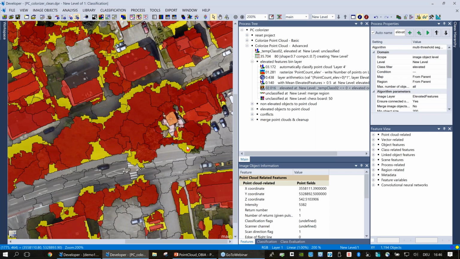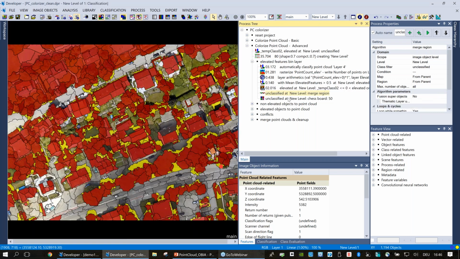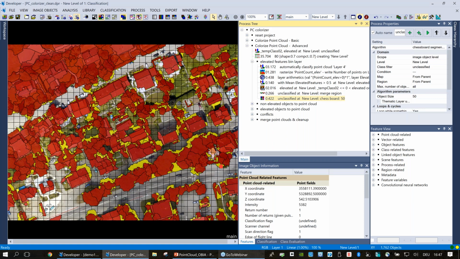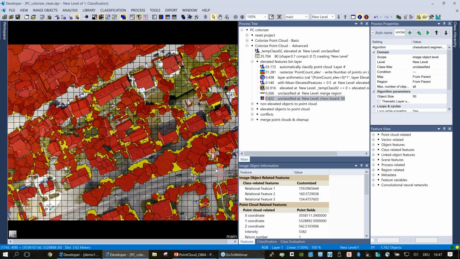our temporary point cloud. Finally, I'm going to just merge our unclassified area. That's essentially just the ground. And next, I'm going to apply a chessboard segmentation to this unclassified image object. I'm doing this because, as you'll see later, I'm going to then derive the values from neighboring objects here. So I need to establish some neighboring objects. I'm going to use these relational features within eCognition to determine the RGB values for certain points within our point